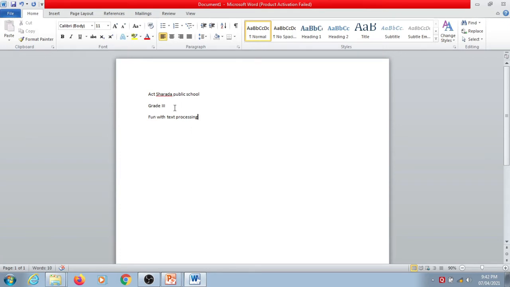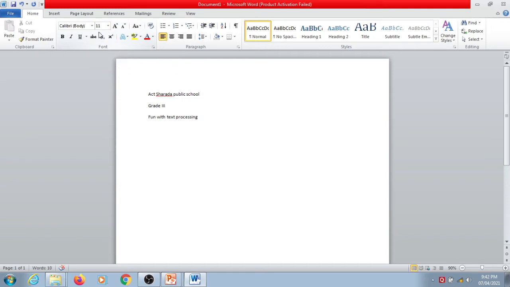Microsoft Word provides various types of fonts options. When you open Word, the text appears in default font type, that is Calibri body with 11 points size.